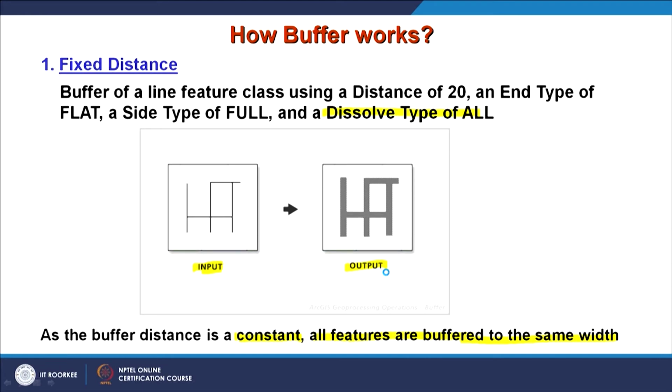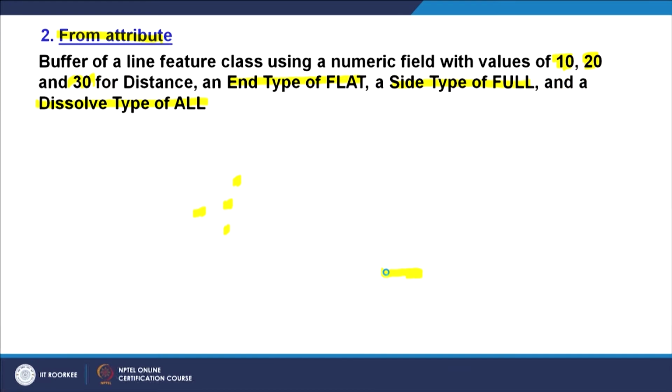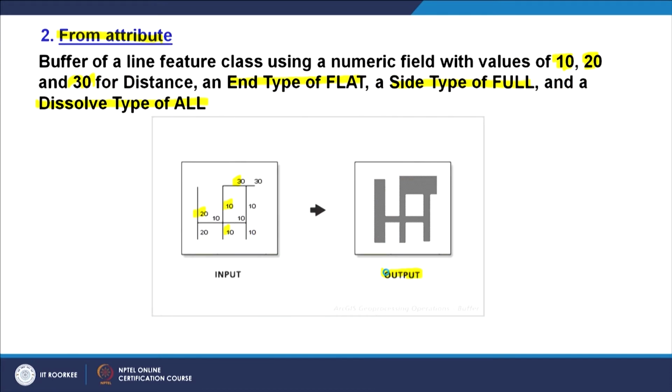Every phenomenon may not have the same kind of requirements for the width or expansion. So, if I talk from, say, the traffic point of view, then here more traffic is there, or maybe more pollution is there. Depending on that, I may have that information as one of the attributes. While creating buffers, I can use the varying expansion width or distance and can calculate a more realistic buffer than